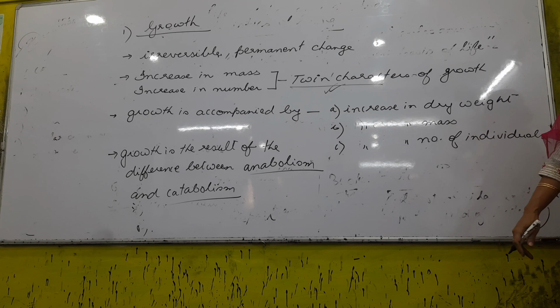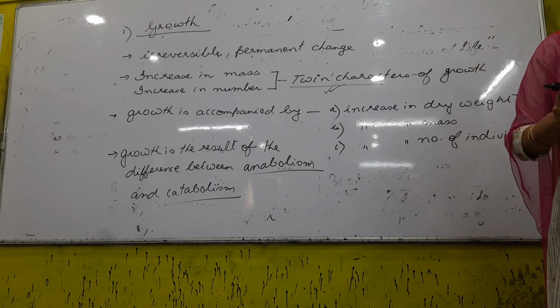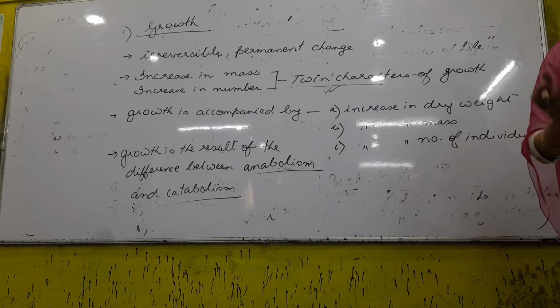If we say something has grown, we know that the weight has to increase. And if you are talking about weight, there are two types: fresh weight and dry weight. You have to measure whether the object has grown. If it is a small object, you can measure it. But think about a huge tree. You cannot uproot the tree and weigh it. So take an example of a mango tree. You study it today and study it again after 5 years. Obviously, how will you know growth has happened? The size, by your eyes you will see or measure the size, apart from that